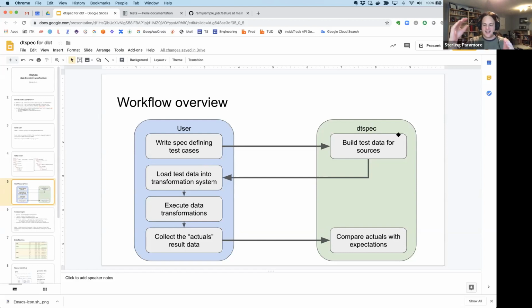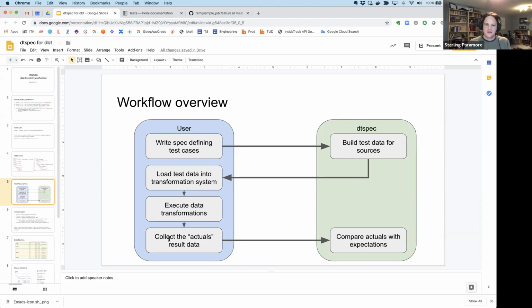And then you take that generated test data and load it into your data transformation system. So this would be like loading it into Redshift or Snowflake or even Pandas data frames. It doesn't have to be a data warehouse. So you load the source raw data into your data transformation system, then you execute those data transformations, and then you collect the results of those transformations, the actual output.